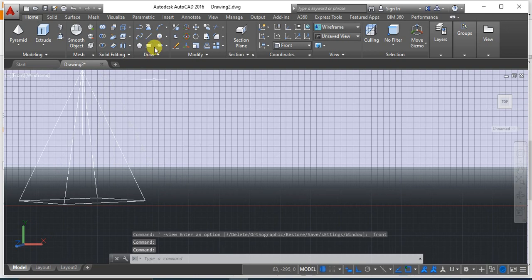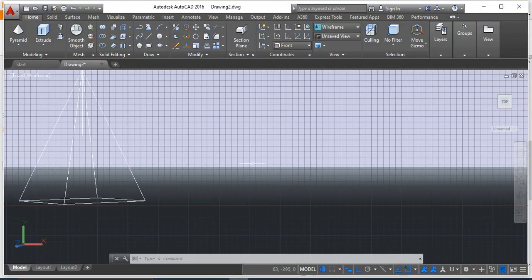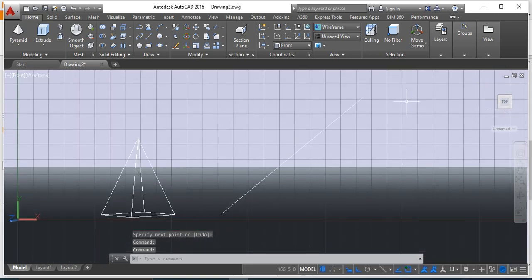Here you have to draw a line which is making an angle of 40 degrees with the ground and bisecting the axis. So you have to make some unlimited line length and then start drawing it. Okay, so just making a 150 line which is making an angle of 40 degree. Okay, 40 degree angle it has made and it is having some length.